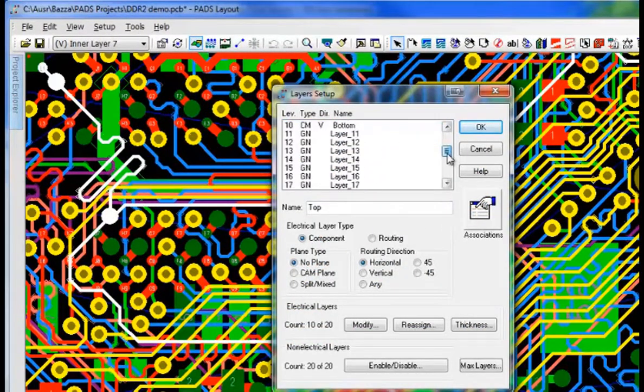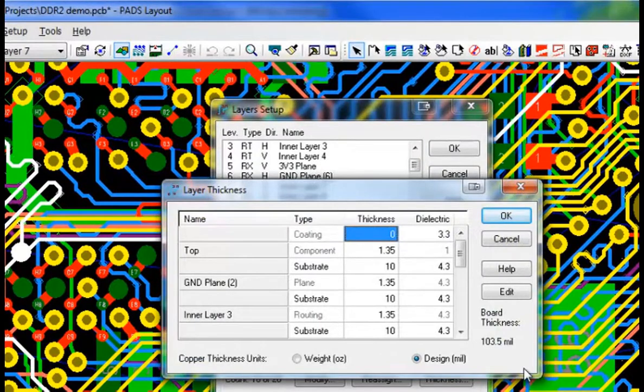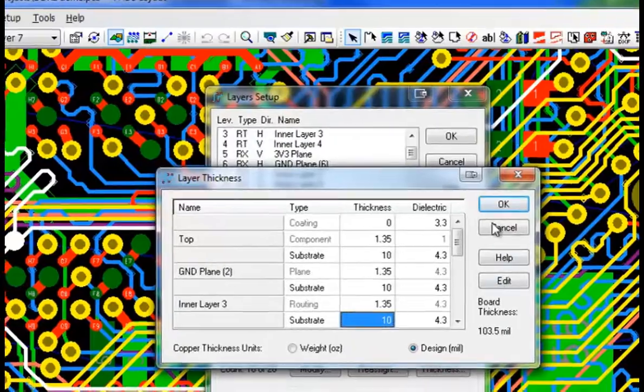top to bottom. This is a 10-layer board, and we have planes and signal layers in between. And we'll look at the thickness of the prepregs, or the thickness of the stack up. The solder mask has a 0 thickness coating, so there's no solder mask at the moment. And each layer, either signal or plane, has a dielectric of 10 in between it. So this won't give us a very good controlled impedance board at all, but we need to bring this into the Stackup Planner so we can run the field solver on it and simulate the impedances to get the correct